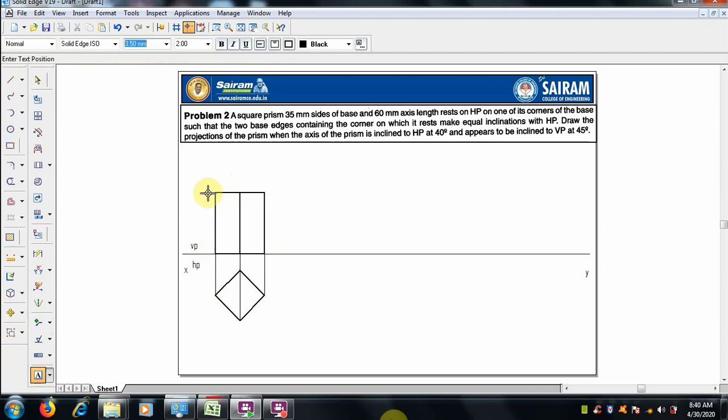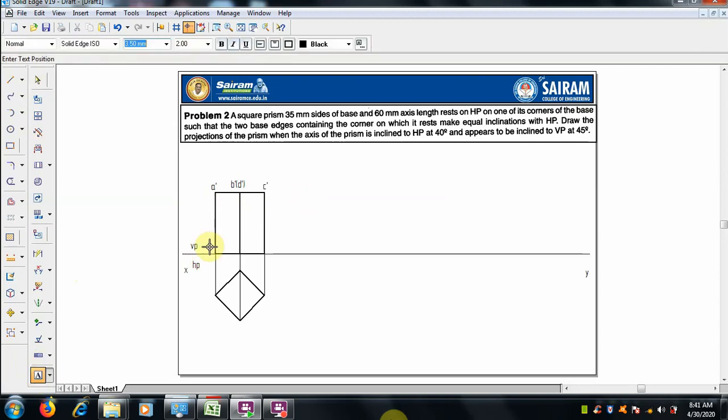I will mention the names for the prism. We know that the top face and bottom face will be squares, so for naming the different faces, I am taking A, B, C, D for the top face and 1, 2, 3, 4 for the bottom face. So here B dash and D dash will come in a line, B dash is visible, D dash is invisible. And here A dash, and here B dash and D dash will come, and this is the single corner C dash.